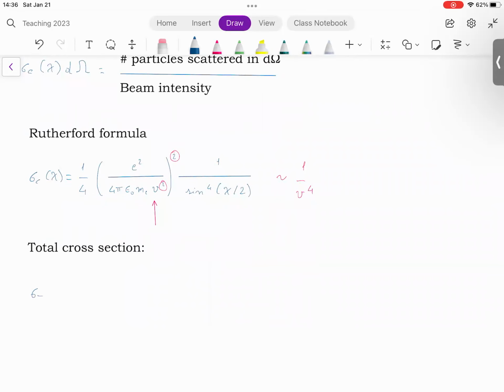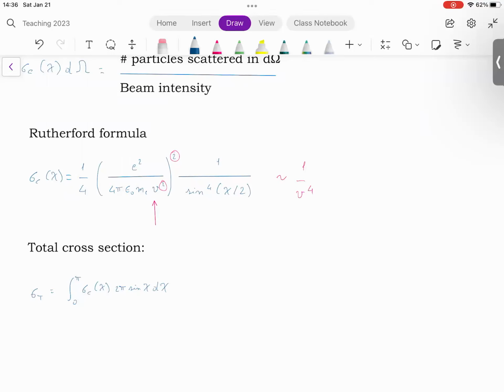So my sigma sub t is going to be the integral between 0 and pi of my differential cross-section, sigma c function of chi, times 2 pi times sine of chi d chi,